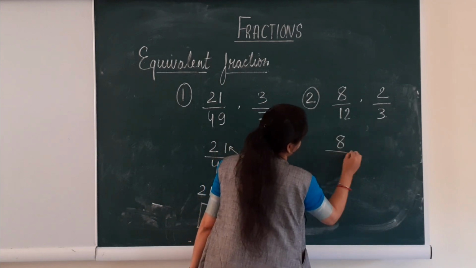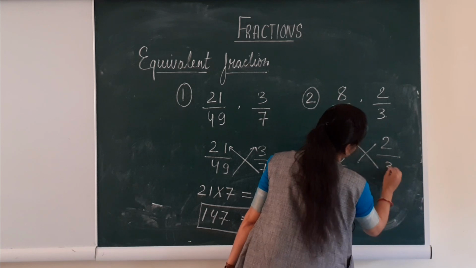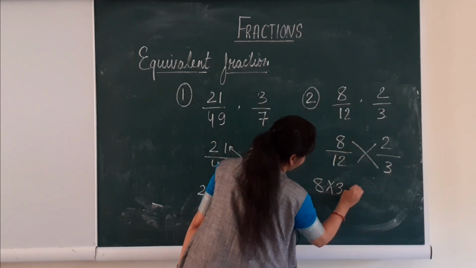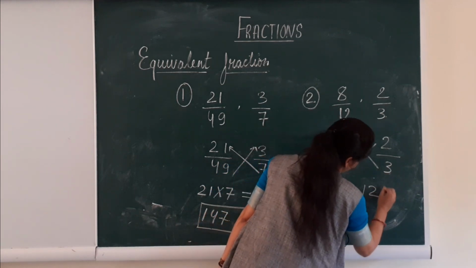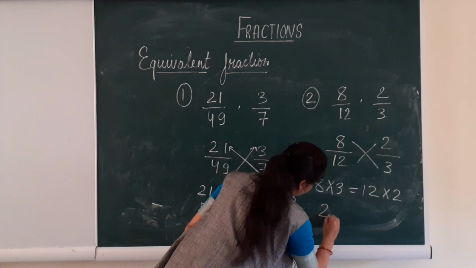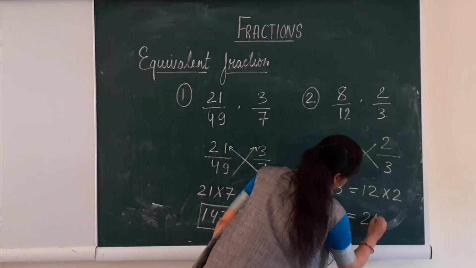Do the cross multiplication. 8 product by 3 and here 12 will get product by 2. So 8 threes 24 and 12 twos 24. Both were